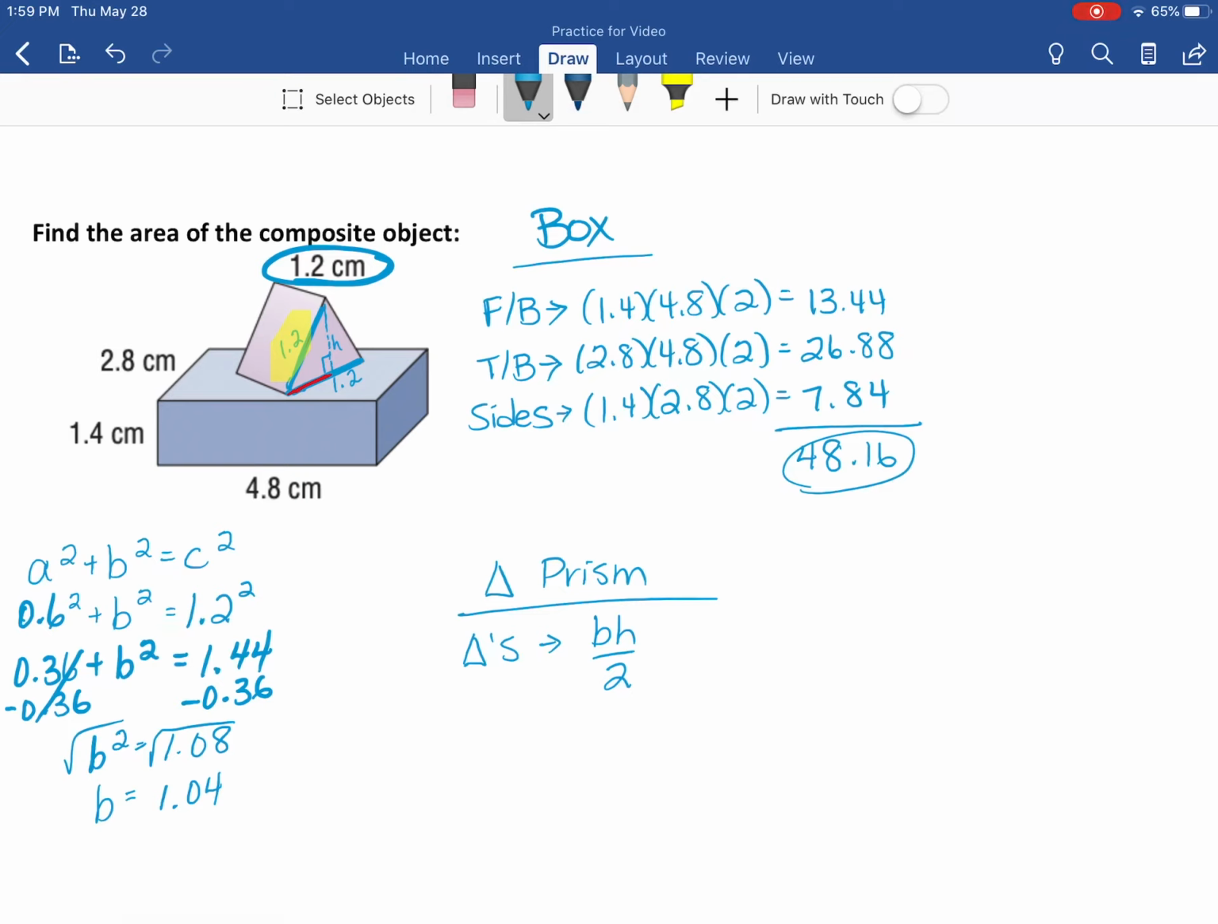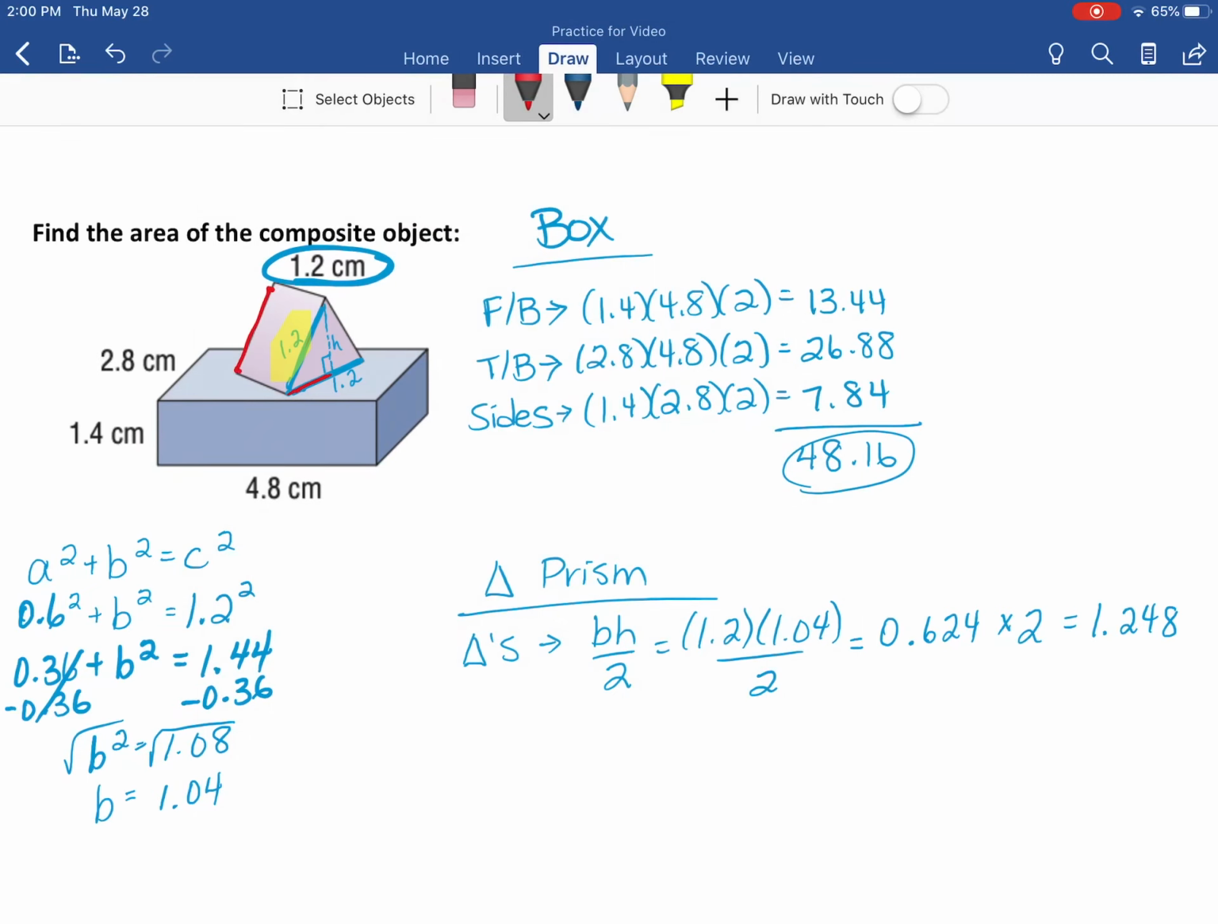1.04. So back over to my formula now. Base times height divided by 2. 1.2 times 1.04 divided by 2 is 0.624. But there's a triangle on the front and a triangle on the back, so I'm going to double that. Now, if you wanted, you could have just skipped the step of having divided by 2 and I get 1.248. Okay, then